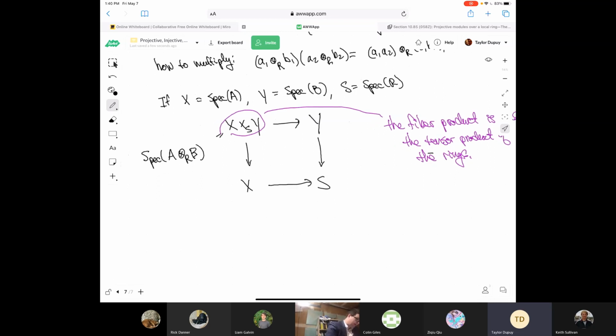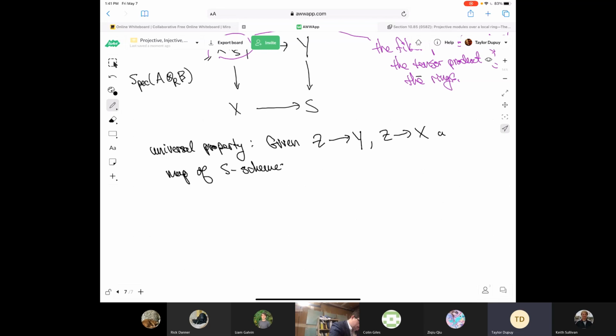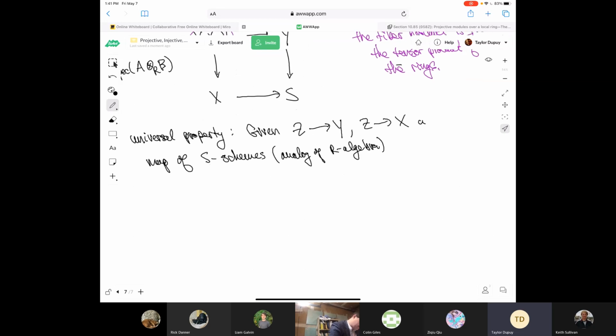Okay, and so what's the universal property? It's that if you're given a map from Z to Y and Z to X, a map of S-schemes, so this is the analog of an R algebra, then we get